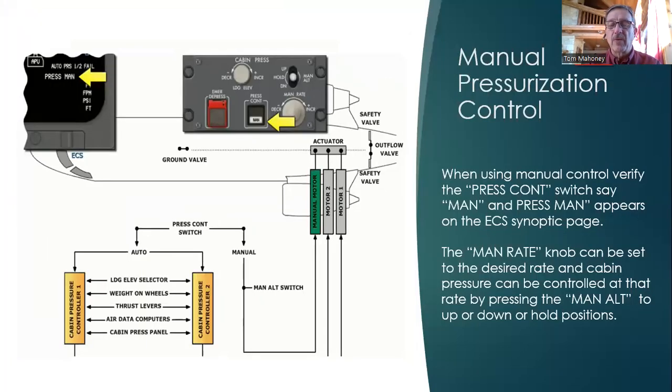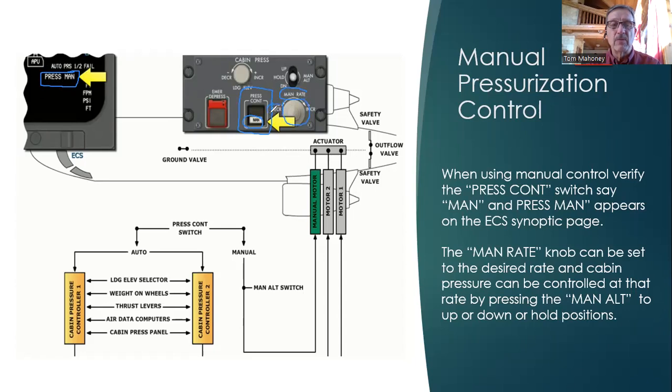Okay, now that I've gotten back to the correct page, let's take a look again at the actual panels involved. We have our pressurization panel right here. And then we have the ICAS here that is giving us information. Now, to make sure when we are on manual that we have the pressure control switch right here selected to where it says manual. And then let's make sure that we have pressurization manual indicated on the ICAS. Now we know we're in manual pressurization. At that point in time, we would select our rate knob. This is the manual rate knob right down here,